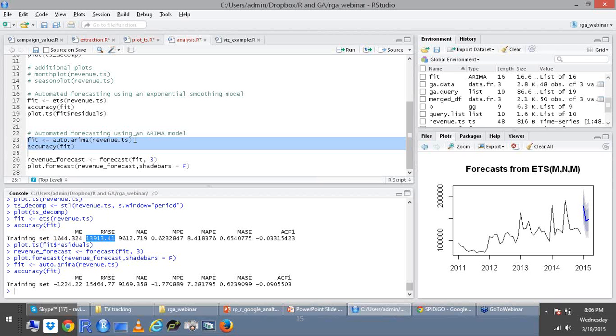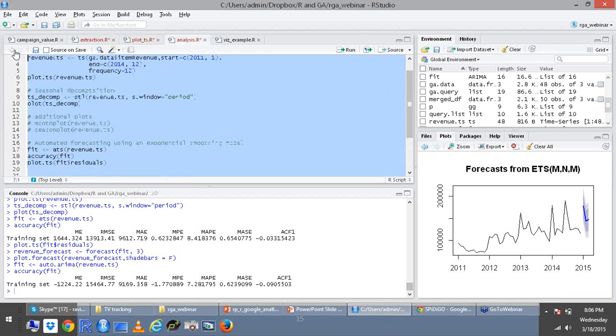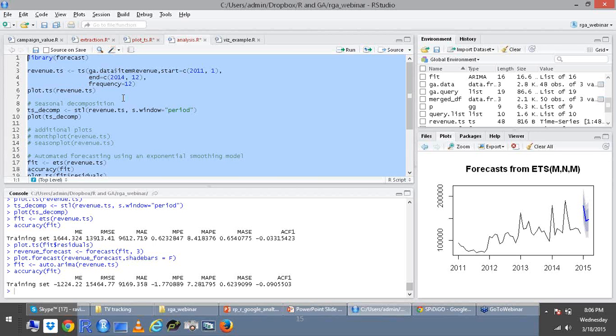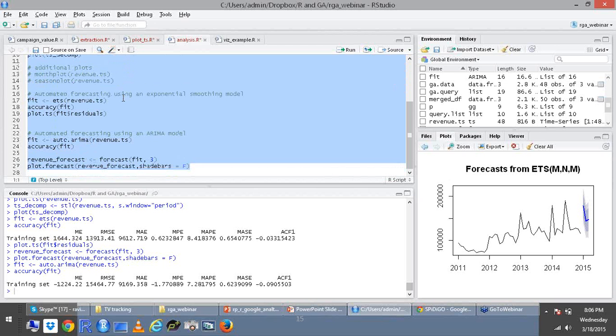All right, so this was all about forecasting. In less than 30 lines of code, you can run a basic forecast for your data set. Another thing is that this code is going to be available on the website where this webinar is going to be hosted. I'm sure Siegfried is going to host this, and we're recording this webinar as well. So you will have this code if you want to use it. I really encourage all of you to run this model for your data sets and see if the forecasted value is something that you would like to share within the organization as well.